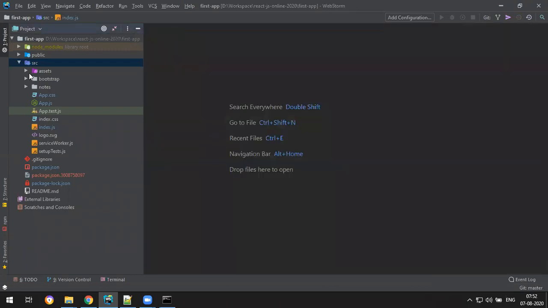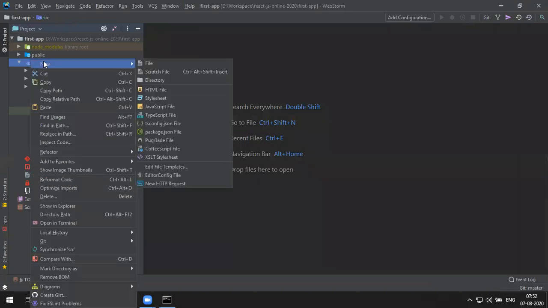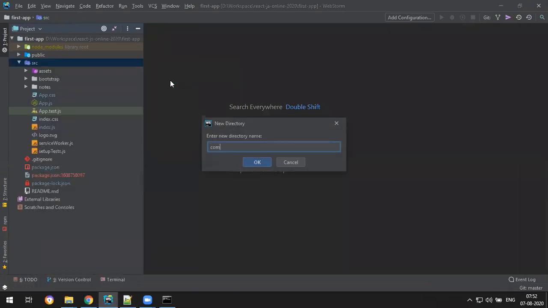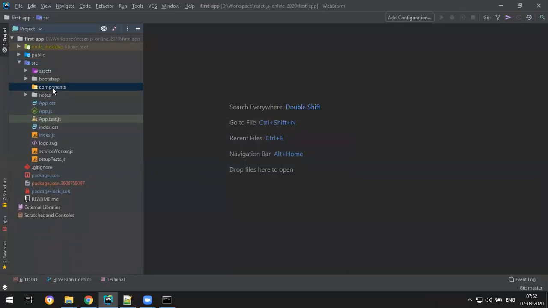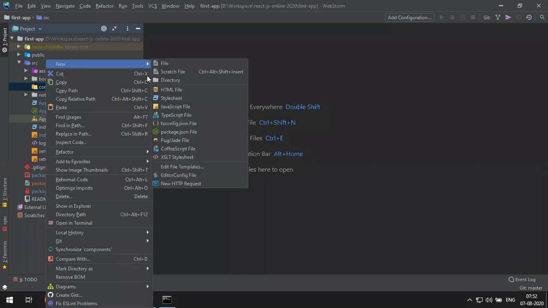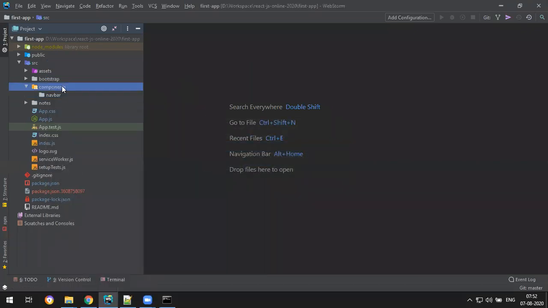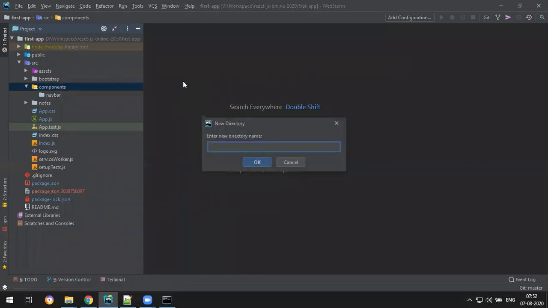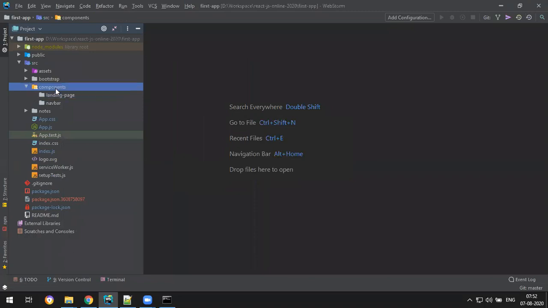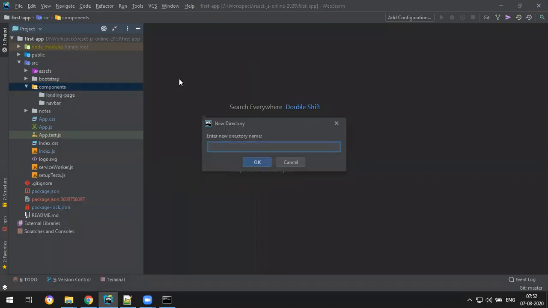Yep. Now in the src let's create our own folder components. Okay, in that I want to create navbar and all this. So let's create separate folders for everyone. So new directory for navbar. Okay, and one more directory for landing page, and one more directory for cards.